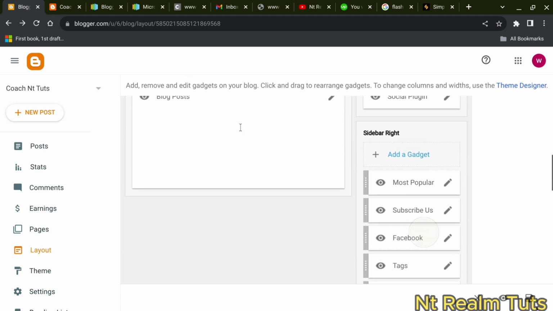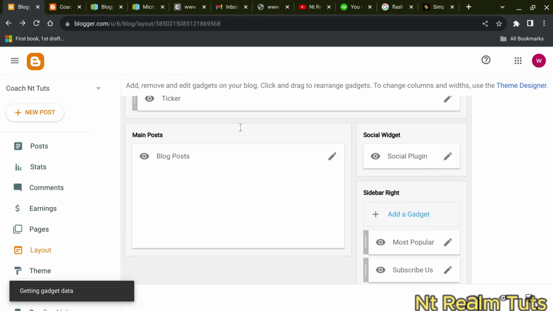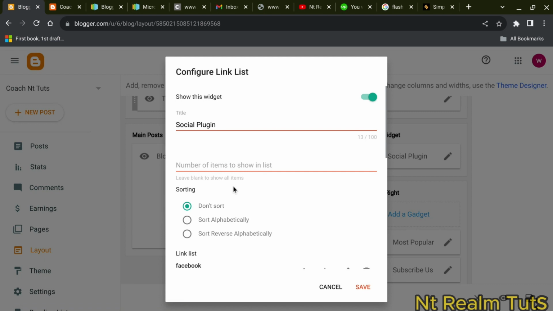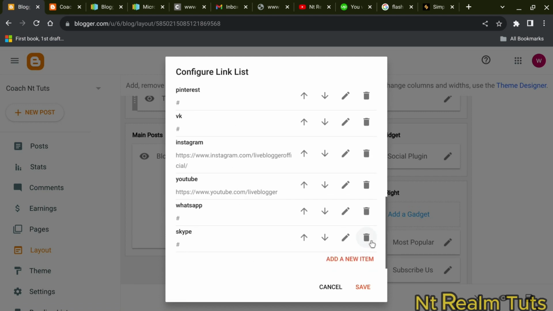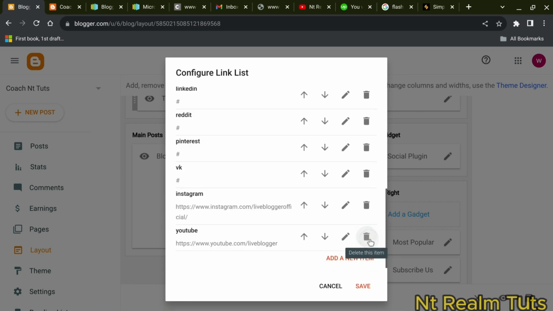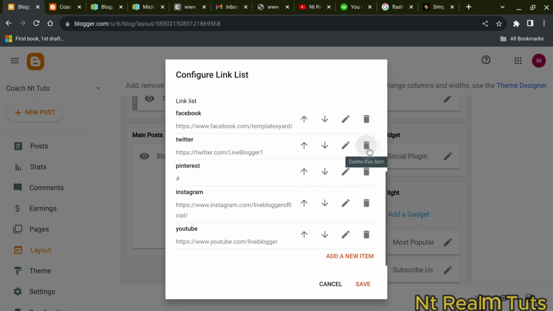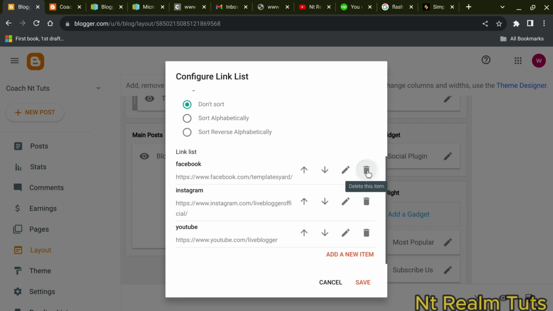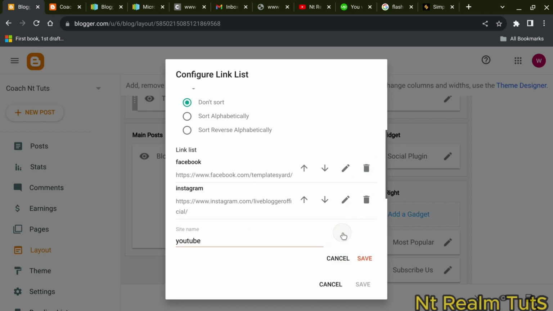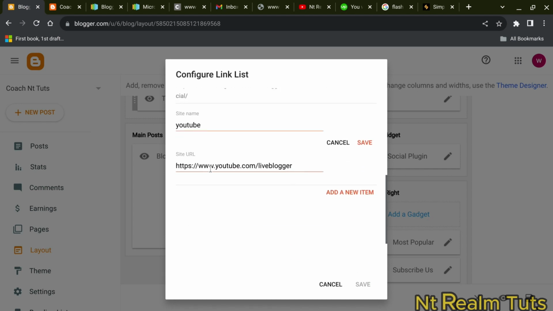Also, the social plugin, this is where we wanted to actually get rid of some social media platforms. So let's just say I want to keep only 3 social media platforms, so we go ahead and get rid of most of them and just keep 3. Yes, so over here you can see this pencil icon. You just tap on edit